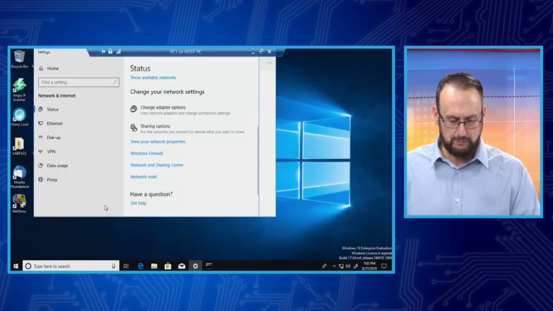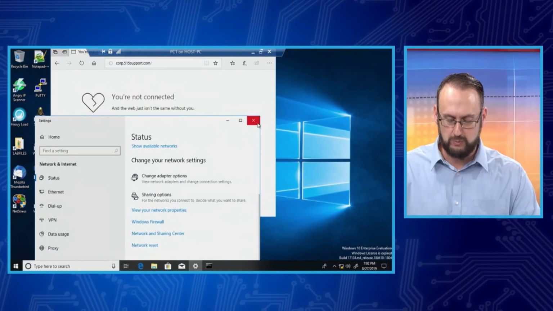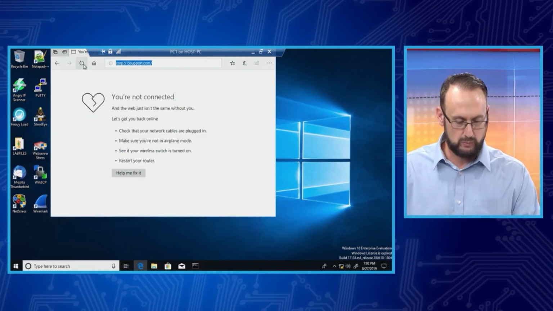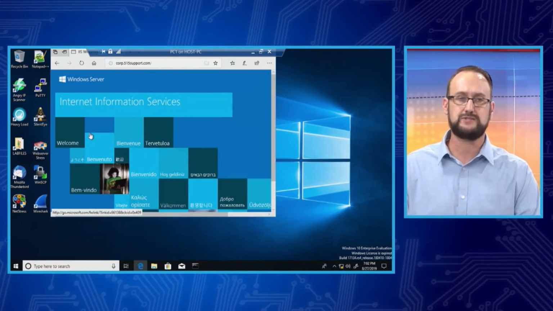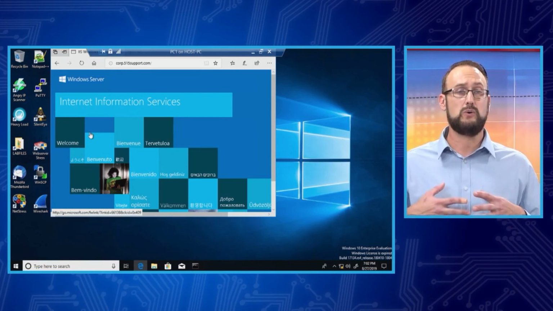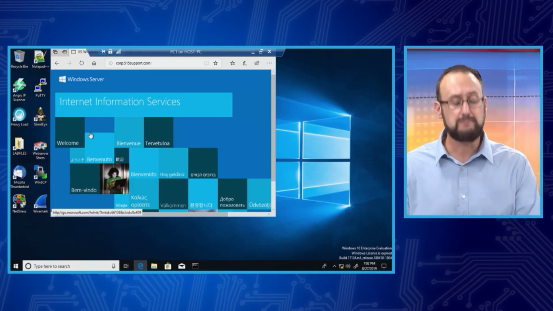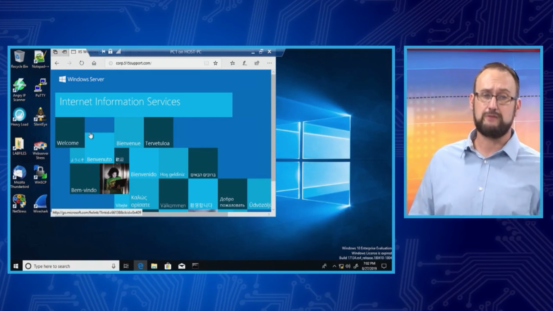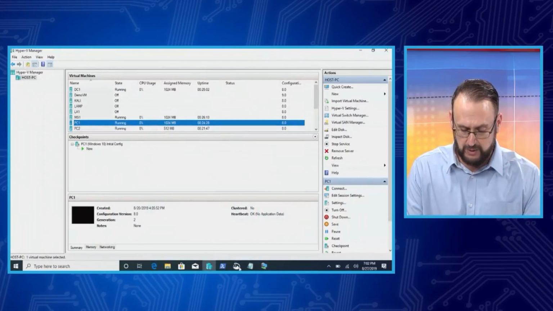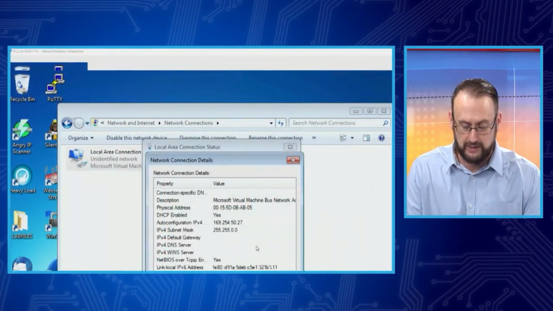The final process in this is to confirm that we can get to the corporate intranet website. So we'll go ahead and refresh this page, and you can now see that we are on the corporate intranet site. So we worked through the problem, we implemented the solution, and we verified that we now have full system functionality. One of the last things that I might do, since I knew the scope was a little bit